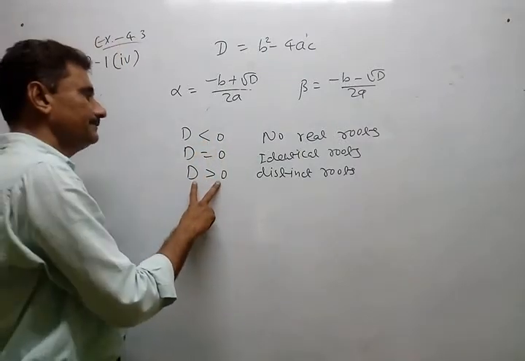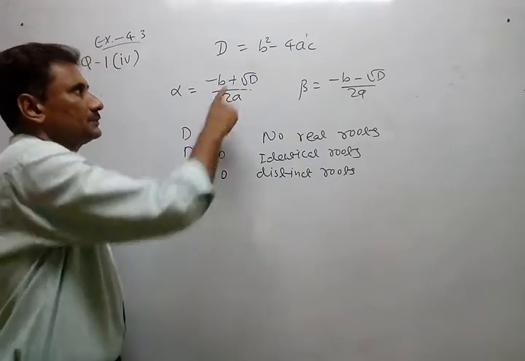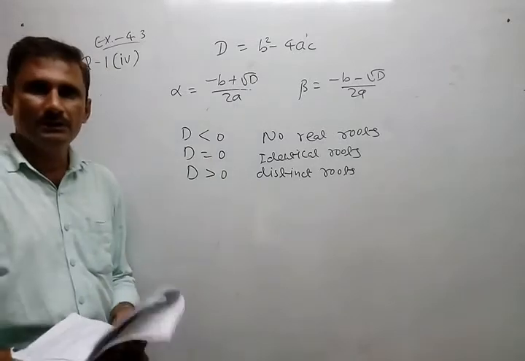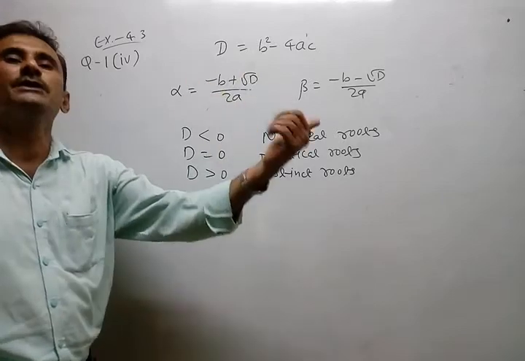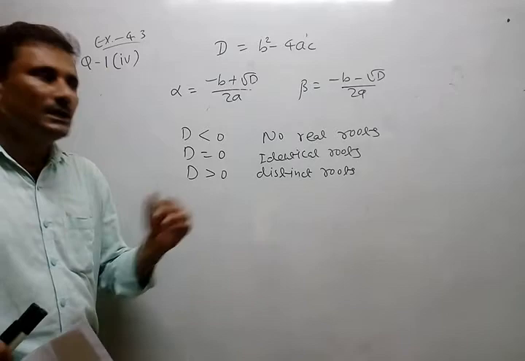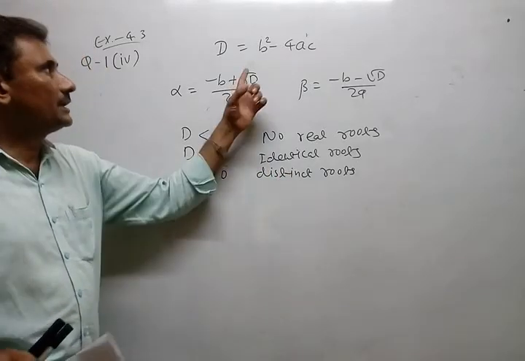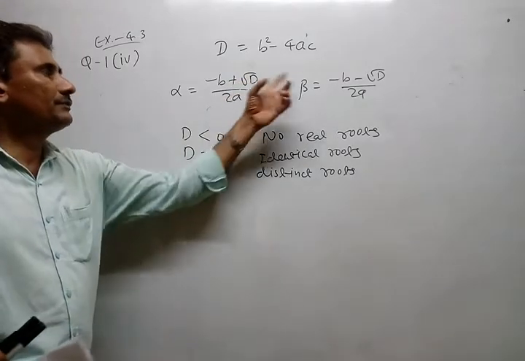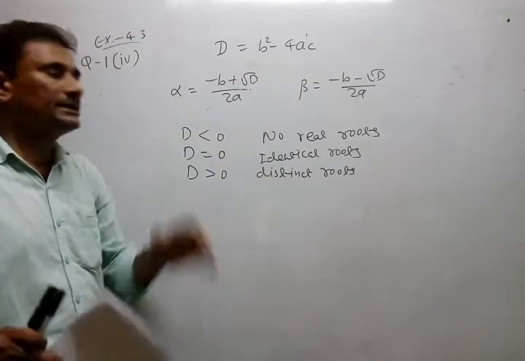Now with this one, we can say another two options also. Suppose d is a perfect square number. Then we can find the square root here, so the root sign will be removed. So at that time, roots are rational. And if d is not a perfect square number, at that time the root will remain. Root remains, so at that time irrational.